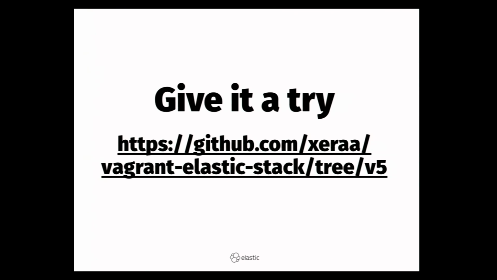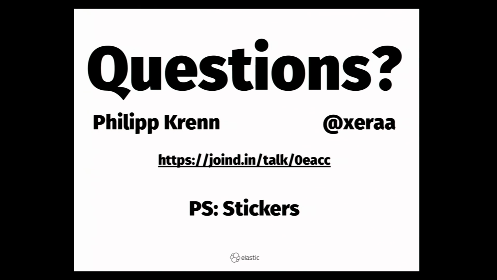And if you want to give it a try, it's a Vagrant box. Get the code, run Vagrant up. It will configure everything for you. Depending on your download speed, it will probably be up in about 15 minutes, and you don't really need to do anything, you can just start playing around with it. And I will keep the box up to date. This week, Alpha 3 was released. As soon as the next Alpha or Beta comes out, I will update the box, so you can always have the latest and greatest.